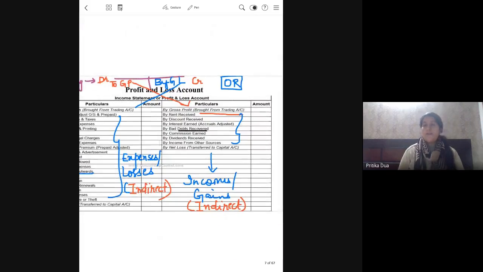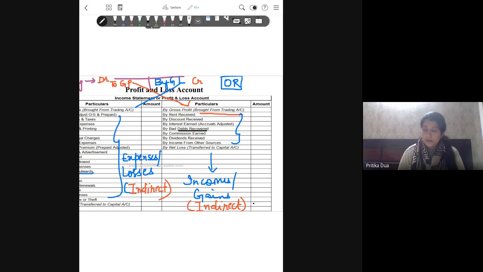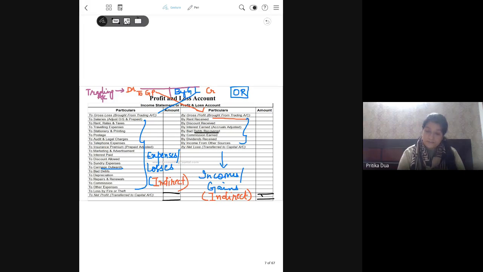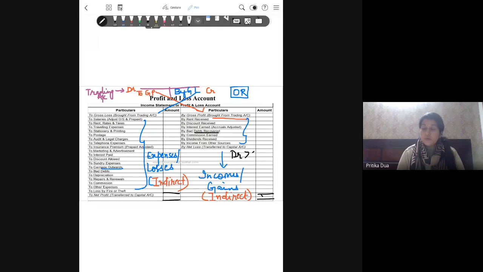Okay, so after this, the last step again is you total the left hand and the right hand side. आपने टोटल करा, जो value higher है वो टोटल में आपने लिख दिया. फिर आप देखते हो if debit side has a higher total, that is debit is greater than credit, तो आपकी जो डिफरेंस अमाउंट है उसको हम बैलेंसिंग फिगर बोलते हैं. That will come here on the credit side. This is your credit side, this is your debit side. So if the left hand column has a higher total than the right hand, the balancing figure, the difference amount, comes on the right hand side, and it is known as by net loss